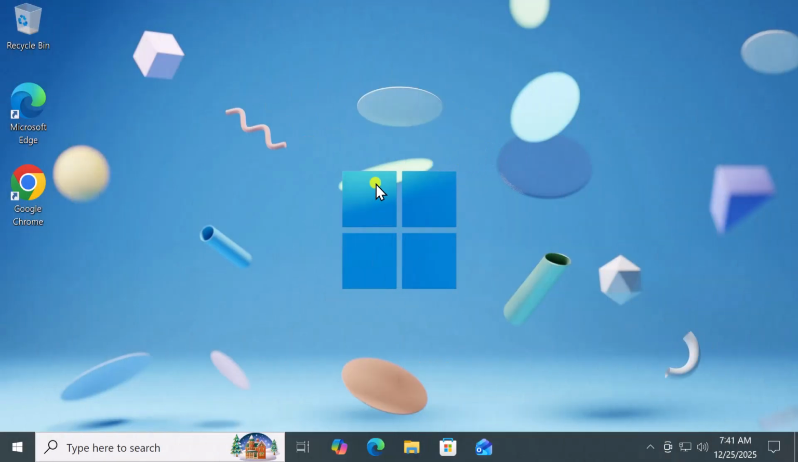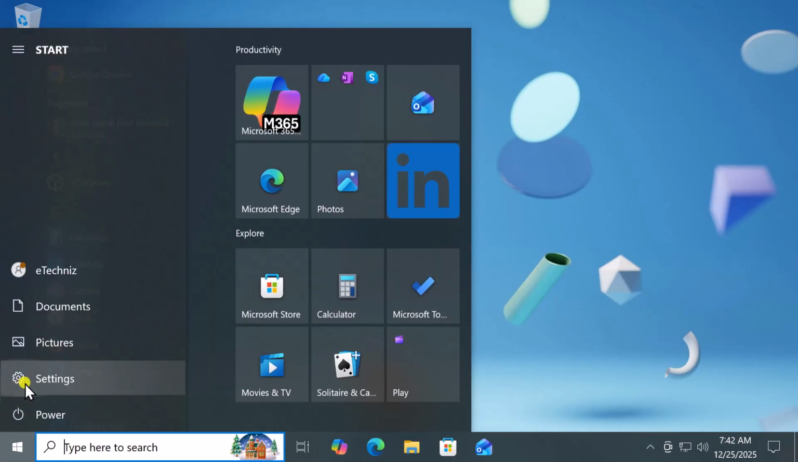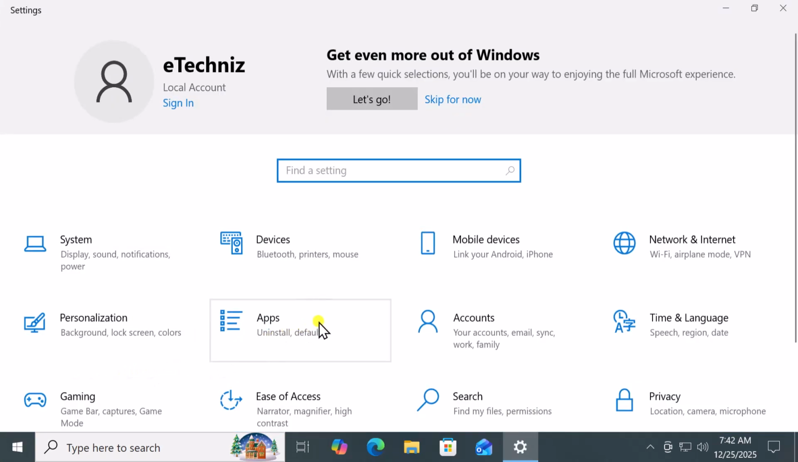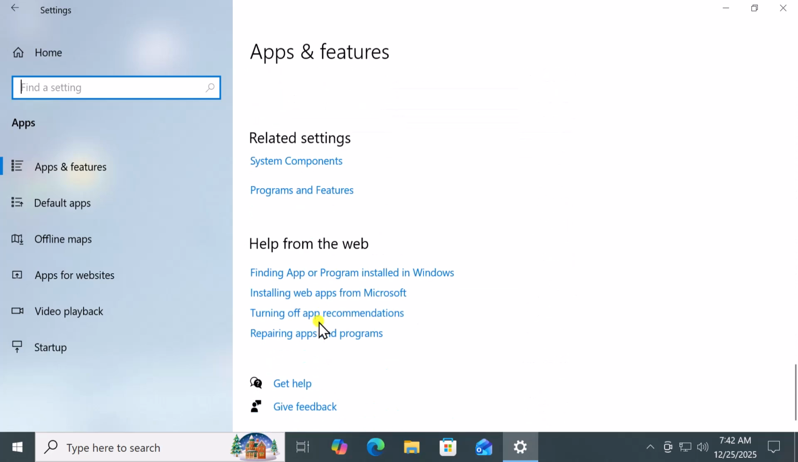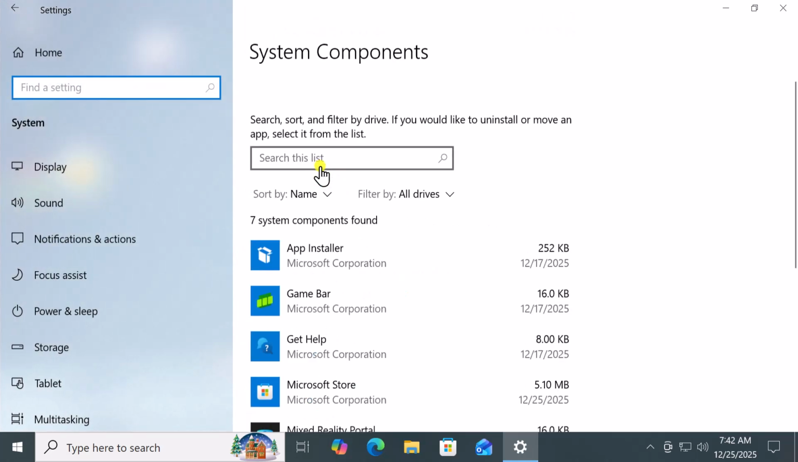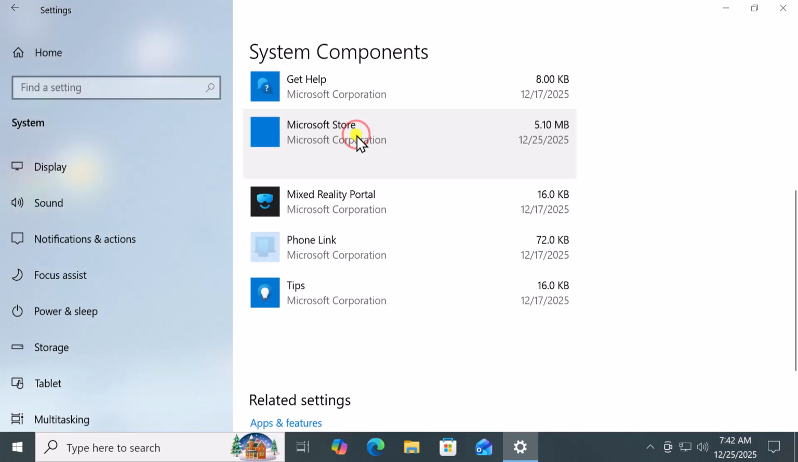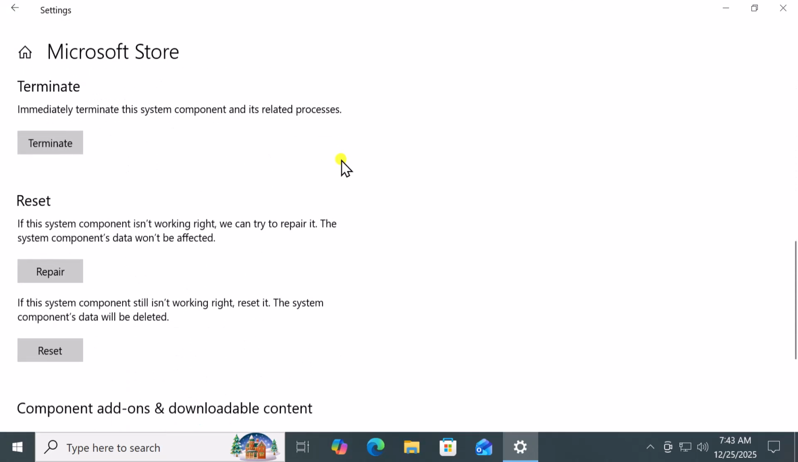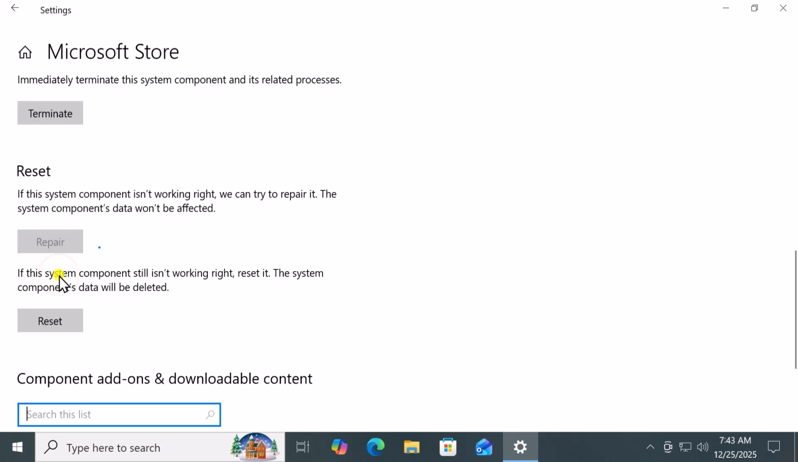Method 3. Repair or reset. Click on Start icon. Open Settings. Select Apps. Scroll down, and on the right, click on System Components. Now, click on Microsoft Store and select Advanced Options. Scroll down. First, click on Terminate. Then, click on Repair. If that doesn't work, select Reset, but make sure it deletes store data and resets your